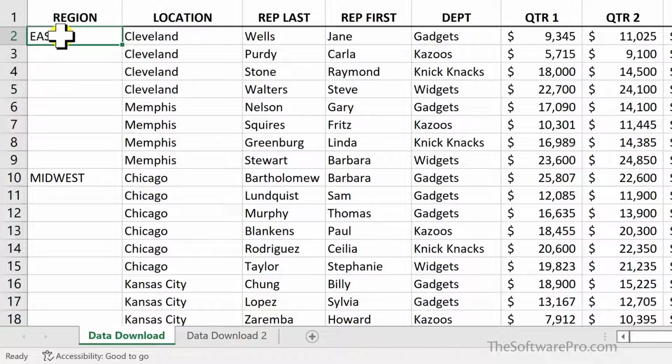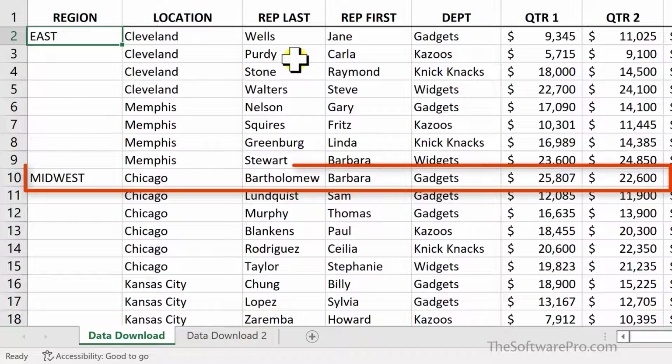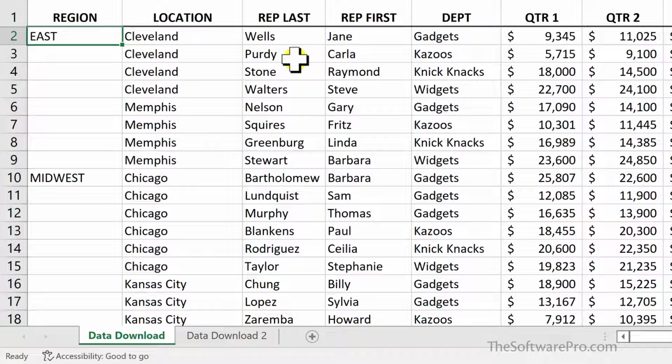This worksheet is an example of data from another source that, as is, doesn't lend itself perfectly to a spreadsheet. In a report, repeating the region name from record to record might be distracting to the reader. In a worksheet, however, a simple sort by one of the other fields, like the rep or the department, would quickly orphan the data. That is, there's no way to attach a record to its region. So although you might consider typing or copying the entries, this can be very time-consuming, especially with large downloads of